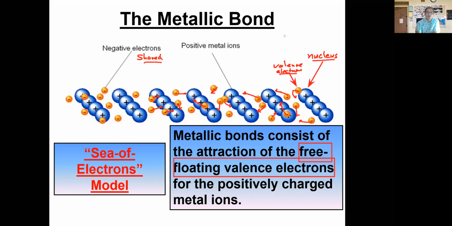The more accurate term, and this is what I want to make clear to you, is that this idea of free floating electrons is described as delocalized. This is a set of delocalized electrons, and that's probably the better way to describe it. Okay? And this concept of delocalization is going to be really important.